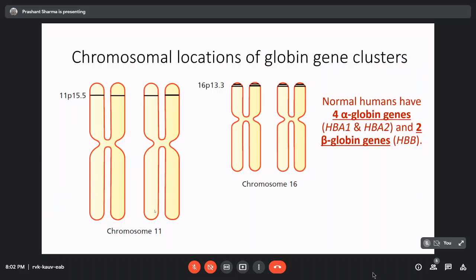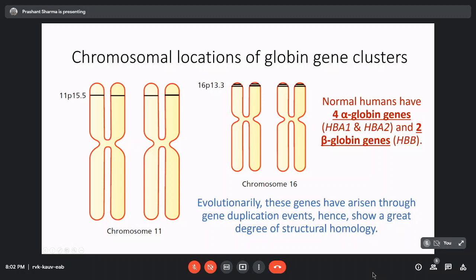When you have a gene that has arisen over time by duplication, you are going to have a gene family. So the beta globin gene cluster is located on chromosome 11 on its short arm, and the alpha globin gene cluster, there are two alpha globins per chromosome 16 of the human being. So these are located two on each arm of chromosome 16. I've already told you that evolutionarily these genes have arisen by duplication of one another, and therefore they look a lot alike in sequence.